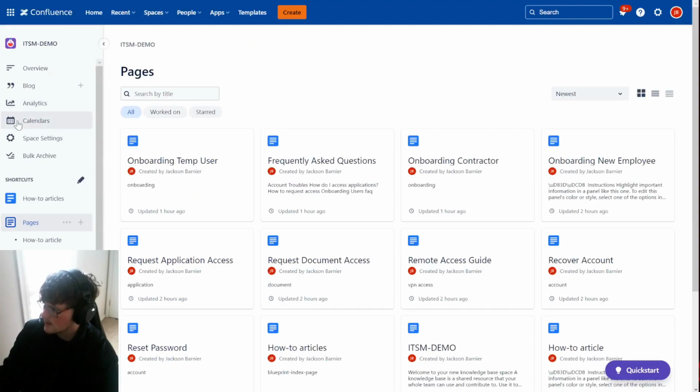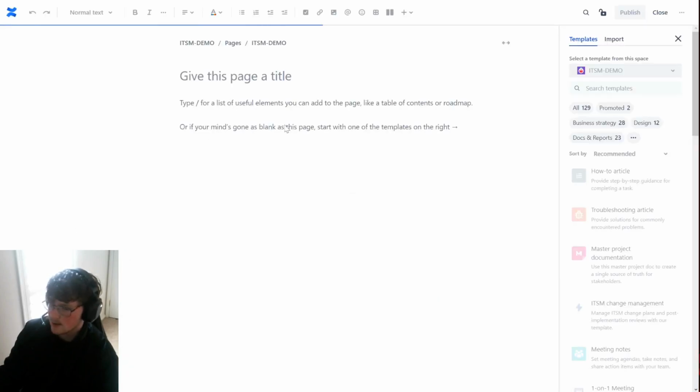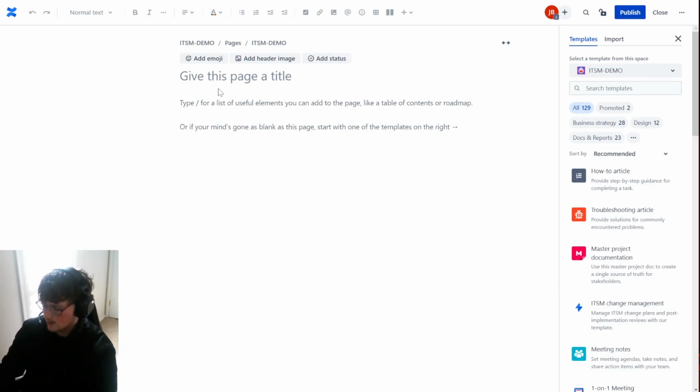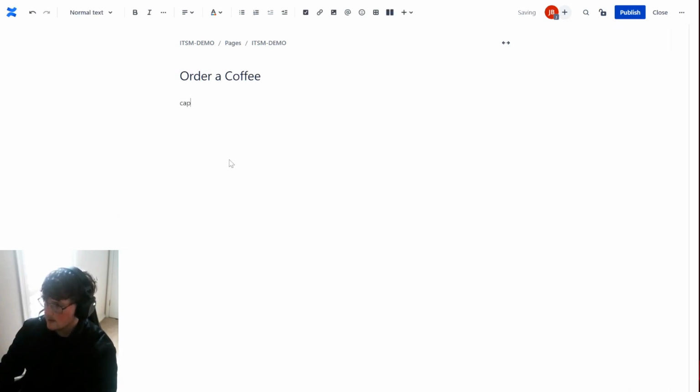Now we're just going to run through step two, which is creating that article. So I've just gone to my Confluence pages, which is under the ITSM demo space that I linked. Now creating a page is simple. You just quickly press this, create a page plus icon in your sidebar, and you give it a title. So I'm just going to call it order a coffee,